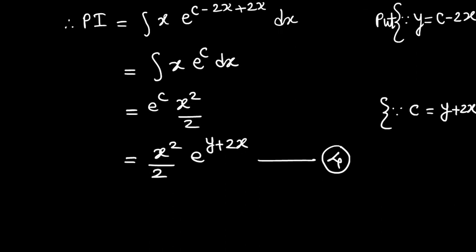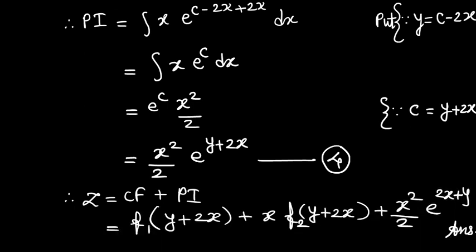which is the same as we found PI by the first method. Therefore we can apply the previous method or this method for finding PI whenever case 1 or case 6 fails. Then lastly we write down CF plus PI, which is the required answer. In this way we solve the problems of this case, and whenever case 1 and case 2 fail, we apply method 1 or method 2. Thank you.